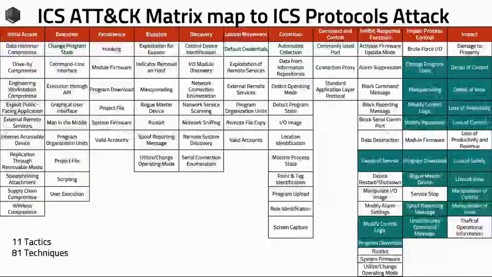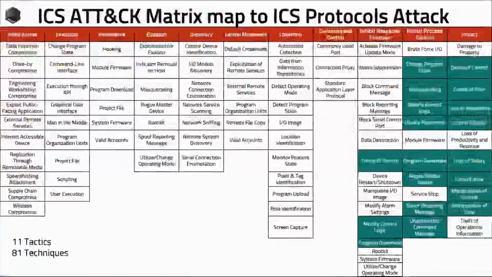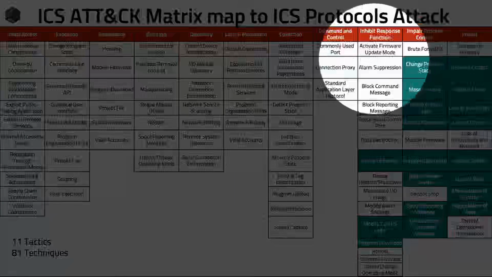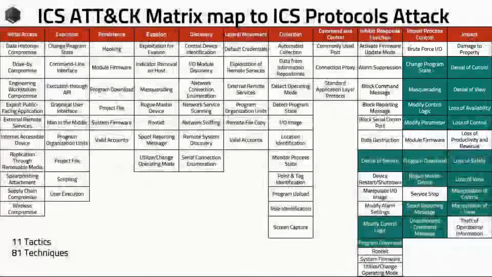So there are some metrics that ICS network protocols may correspond to, as well as the possible impacts we think in this matrix. In this matrix, we can see the different types: inhibit response function, process control impact, and what happened.